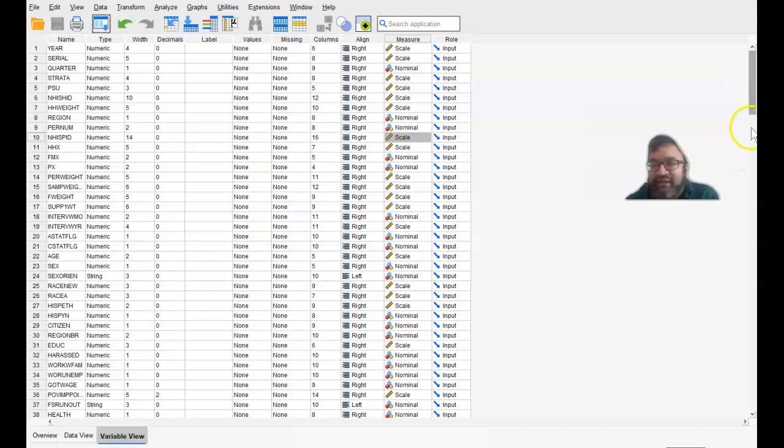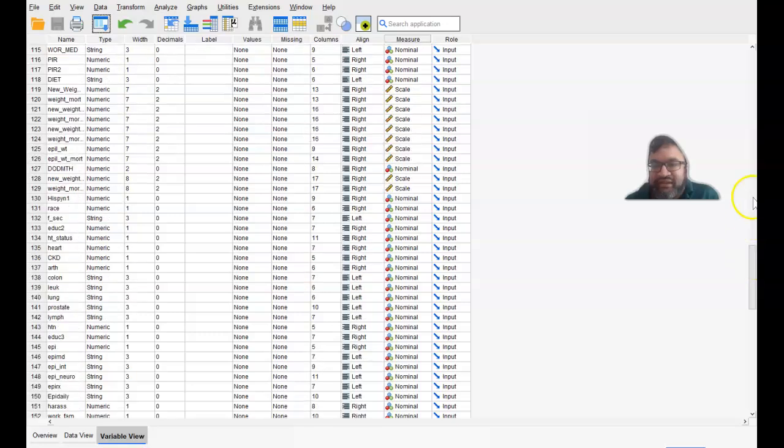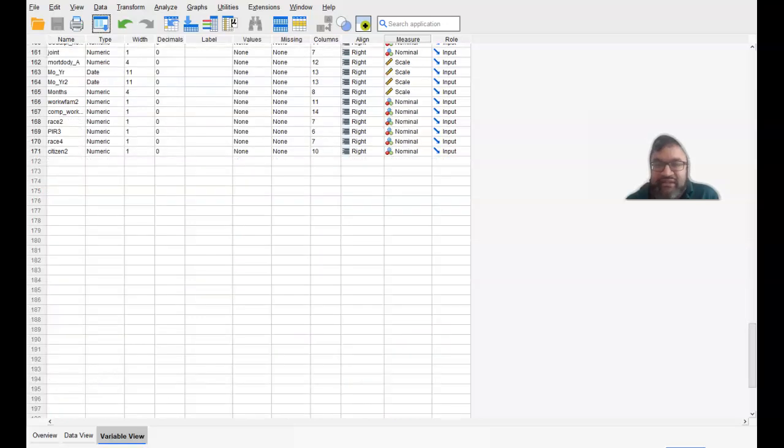Subsequently, I decided that I needed to include some more variables here. Basically, the cardiovascular disease variable was not adequate because there are multiple additional variables that I need to take into consideration. For instance, a history of stroke, a history of MI, heart disease, coronary artery disease, and whatnot. So I ended up recoding that, but the main thing that I want to show in this video is how to merge